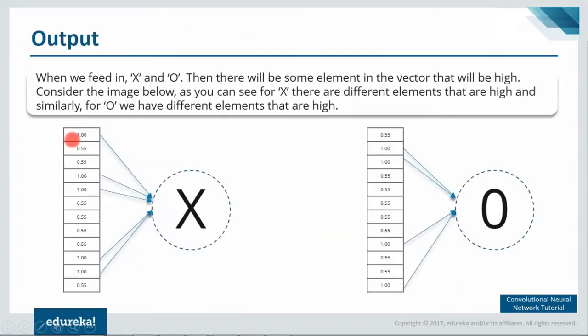If you notice here, there are certain values in my list which are high for X, and similarly if I repeat the entire process that we have discussed for O, there will be certain different values which will be high. So for X, the first, fourth, 5th, 10th and 11th element vector values are high. For O, the 2nd, 3rd, 9th and 12th element vector values are high. So basically we know now that if we have an input image which has the 1st, 4th, 5th, 10th and 11th element vector values high, we can classify it as X. Similarly, if our input image has a list which has the 2nd, 3rd, 9th and 12th element vector values high, then we can classify it as O.